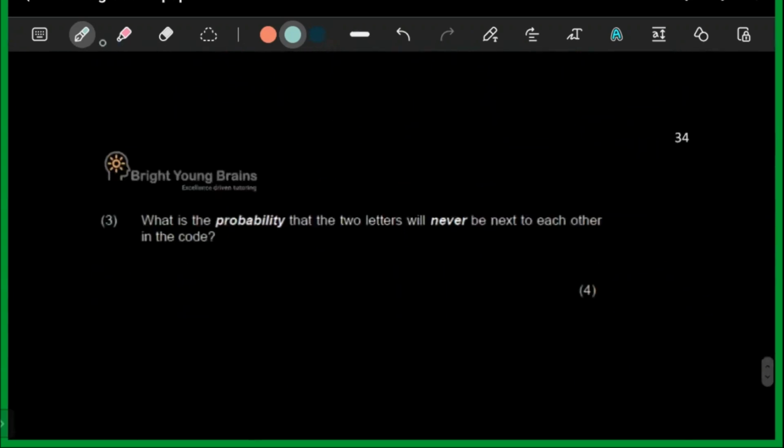Question number 3, though, says, what is the probability that the 2 letters will never be next to each other in the code? So if you want to find out the probability that your 2 letters will never be next to each other, right? You need to keep in mind that these kinds of questions,